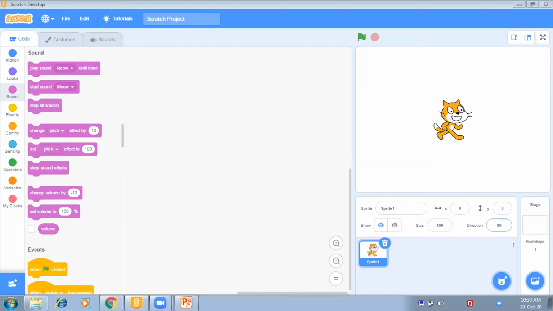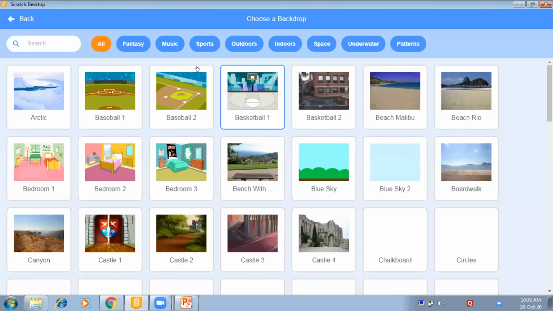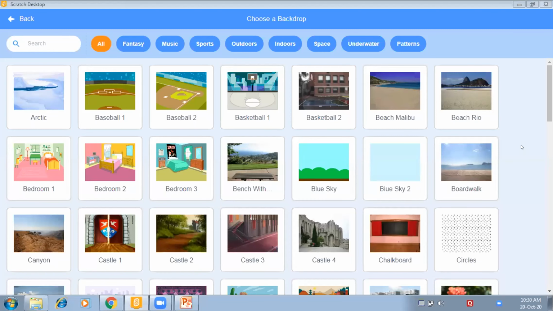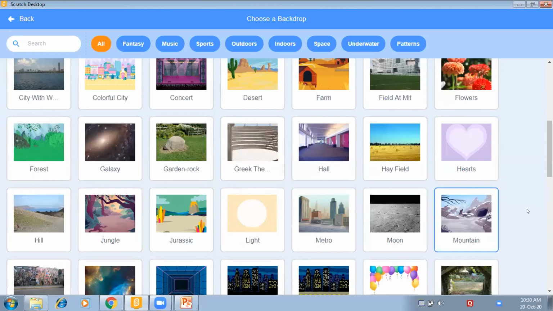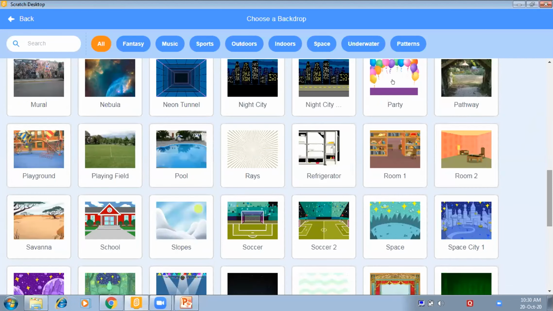For that, first we will be changing the background. So let us take a background. Okay, I'm taking this background, party background.